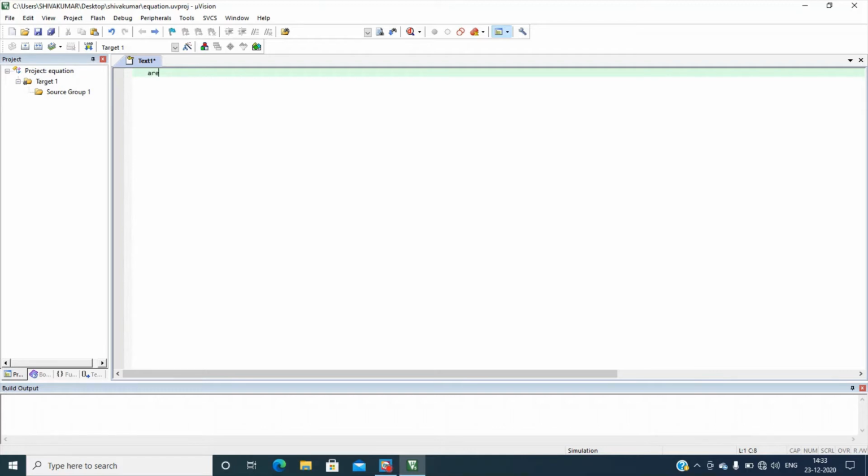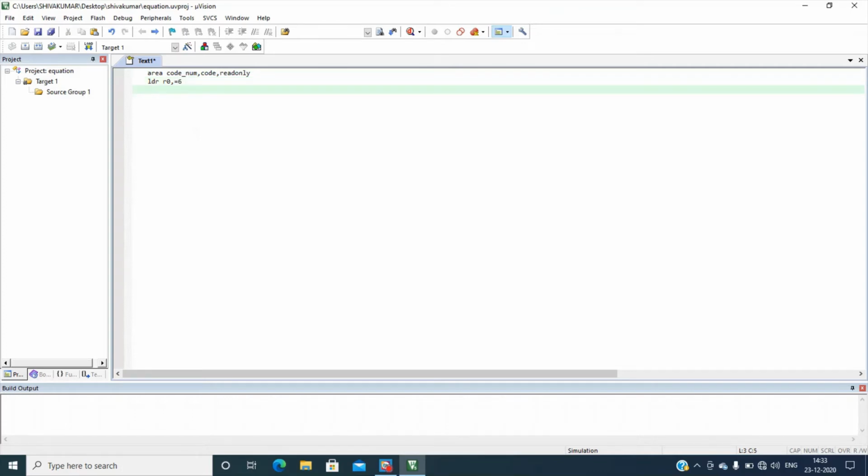First type AREA, then CODE_NUM comma CODE comma READONLY. After this, the LDR command, load register R0 with 6.